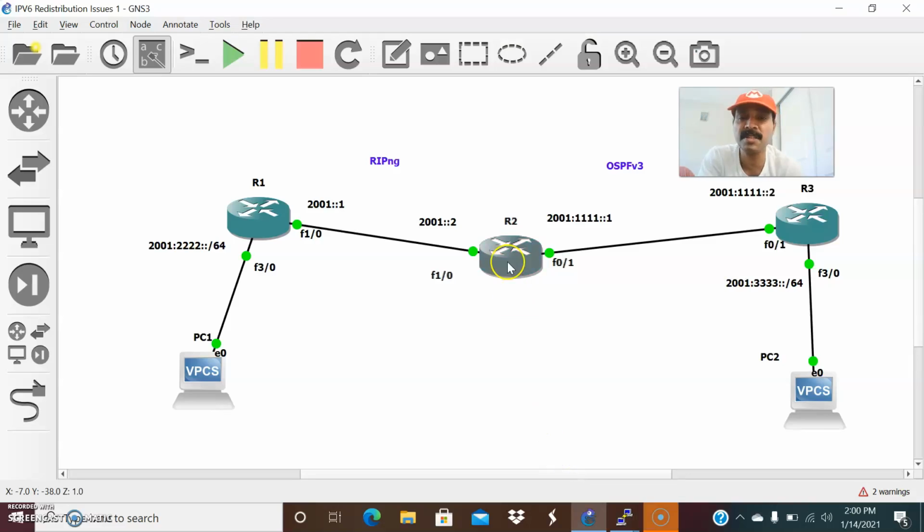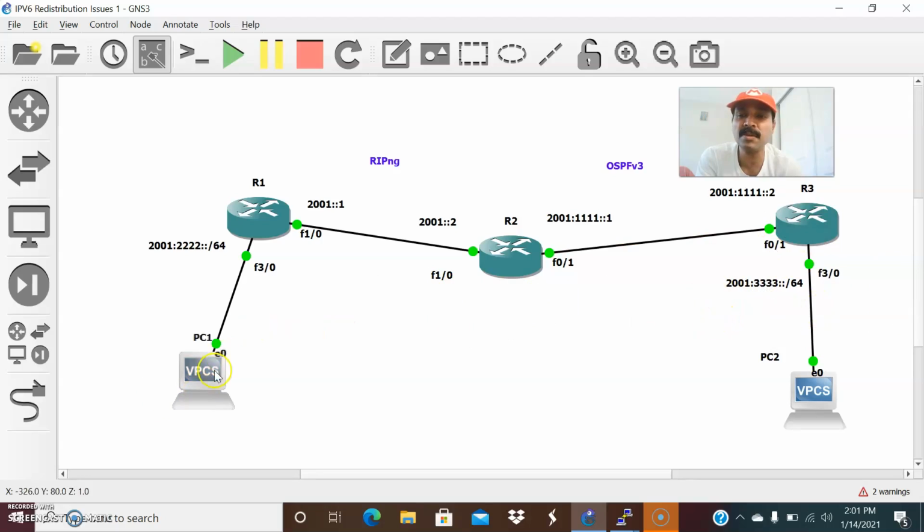The only issue is the IPv6 prefix list. In that prefix list, I have created a deny statement which is denying the specific prefix. That is the reason it is blocking the subnet. That is the reason this prefix is not advertised in the R1 routing table, and entirely this prefix is not advertised in the R3 routing table. So once we remove this, now we're able to reach from PC1 to PC2. So this is how we have to debug the issue.